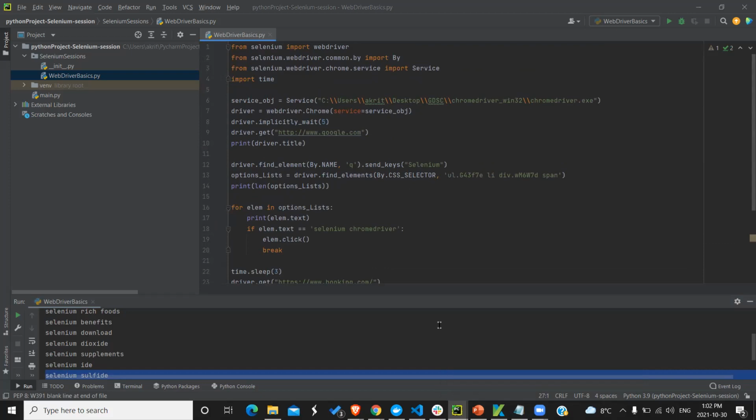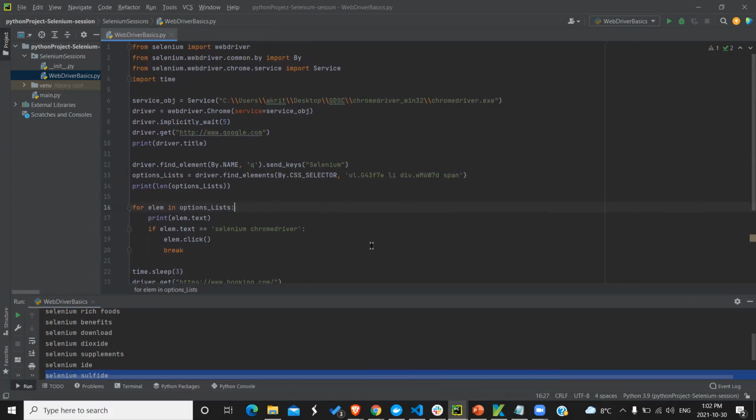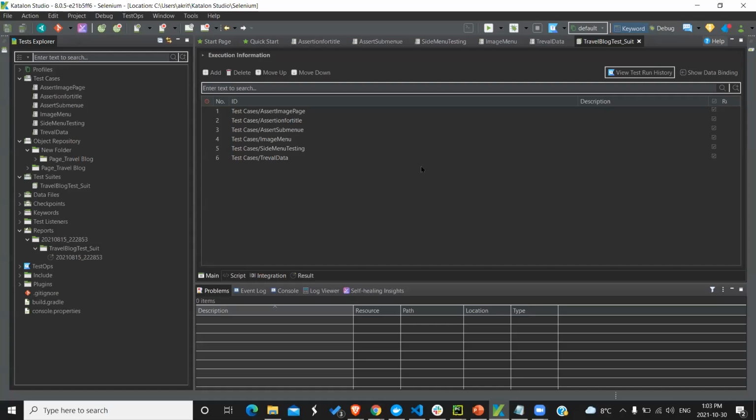So I've already mentioned, I guess we are up to the time, and I also wanted to show you some demonstration about Katalon. Since when we say we are using automation, using Katalon is also one of the options, because it's easy when a person is not that tech savvy but needs to perform automation. Katalon is also an option to do that.